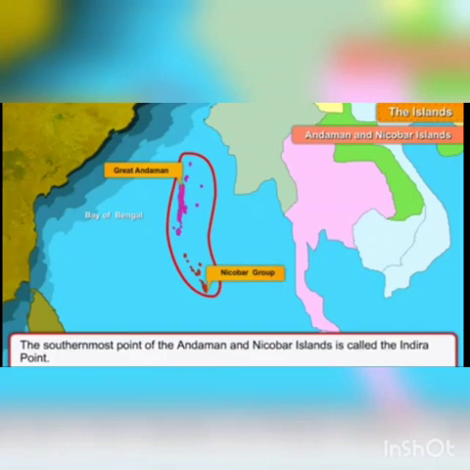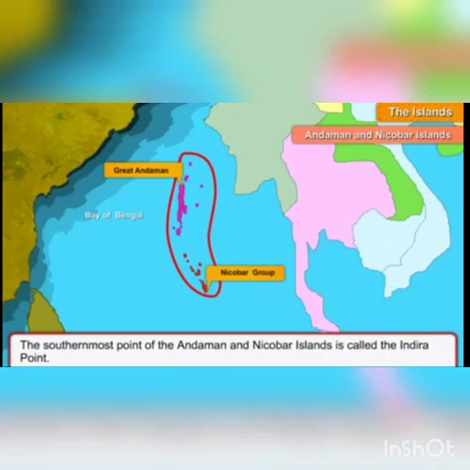The entire group of islands is divided into two broad categories, the Andaman in the north and Nicobar in the south. It is believed that these islands are an elevated portion of submarine mountains. These island groups are of great importance for the country, and there is a great diversity of flora and fauna in this group of islands. These islands lie close to the equator and have equatorial climate.